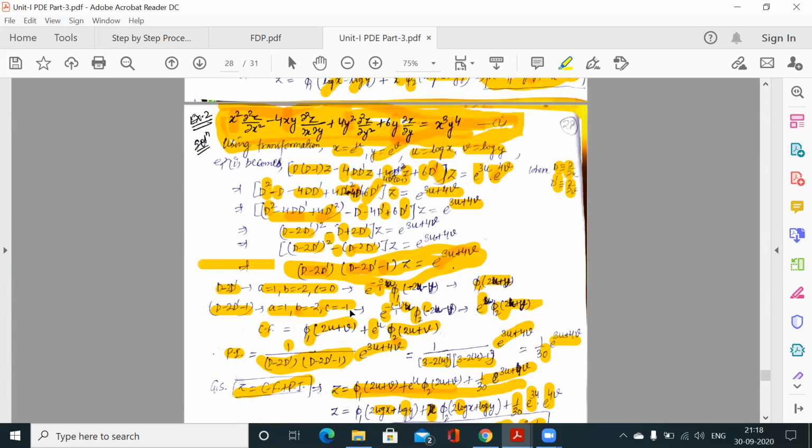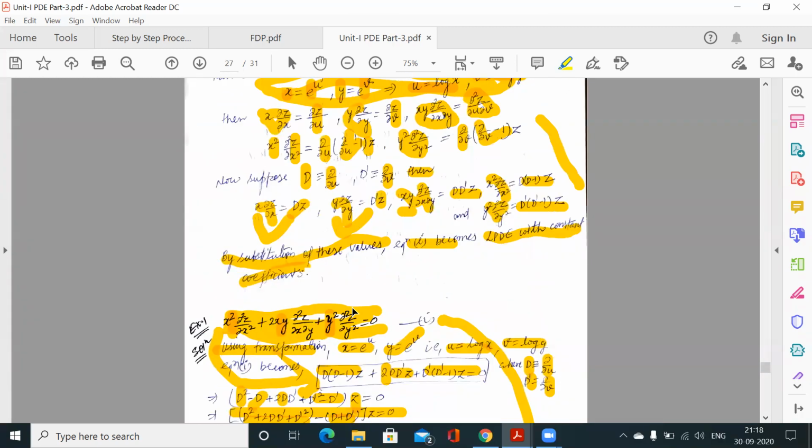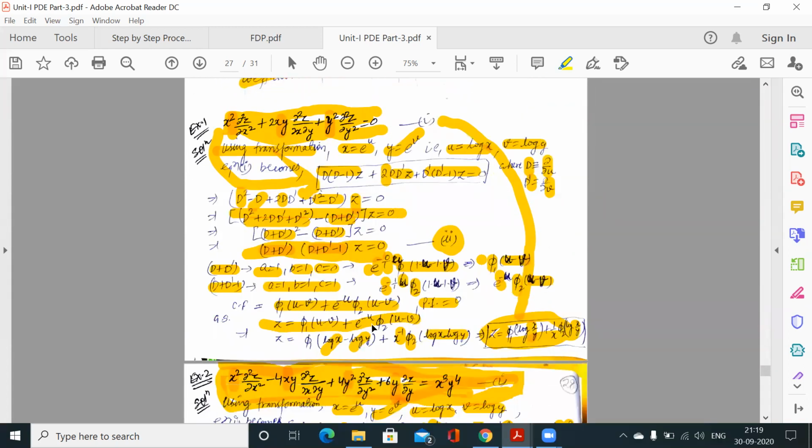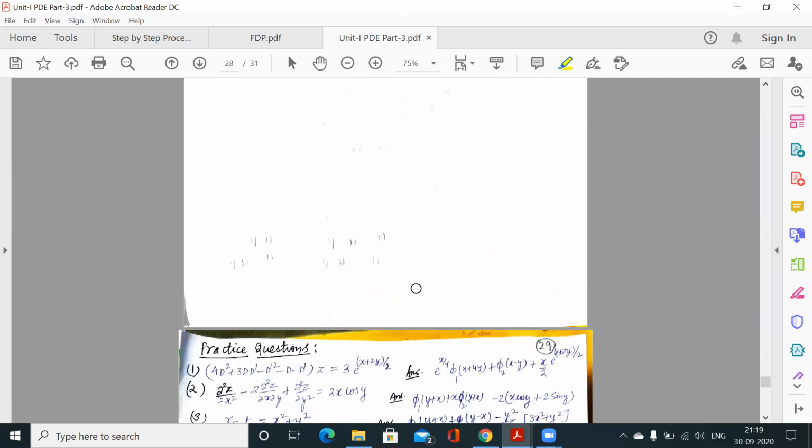So these were equations where originally we had variable coefficients, but using this substitution we converted that equation into an equation where the coefficients are constant. So this equation is known as the Euler-Cauchy differential equation, and we know that with this transformation we can convert this into a linear partial differential equation with constant coefficients, and for that we know the solution, CF and PI, and after having the CF and PI we will back substitute the values of u and v to get our final solution. So this is the process.